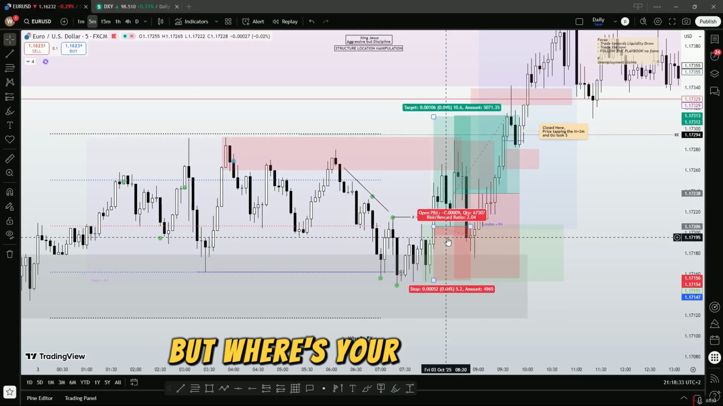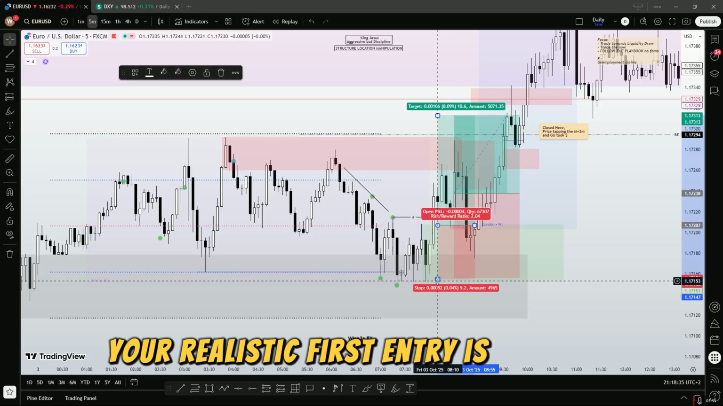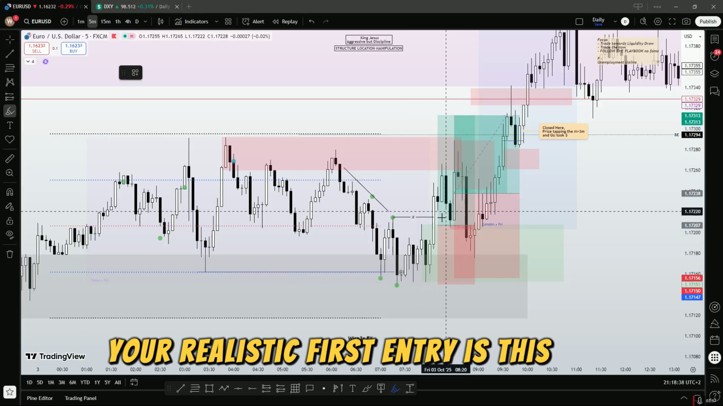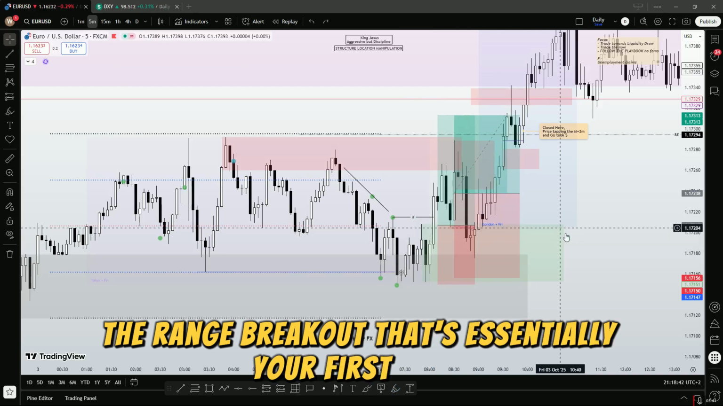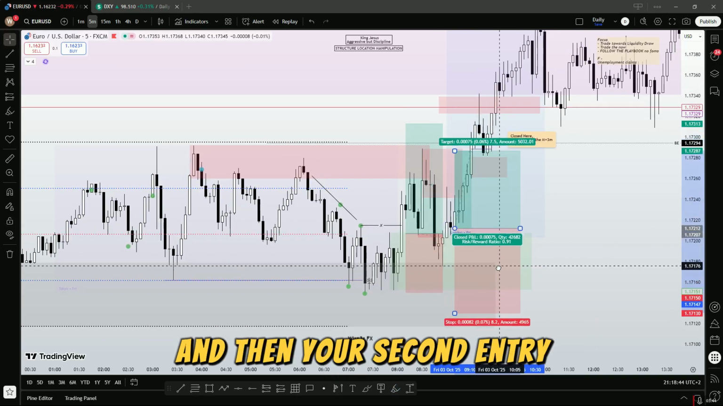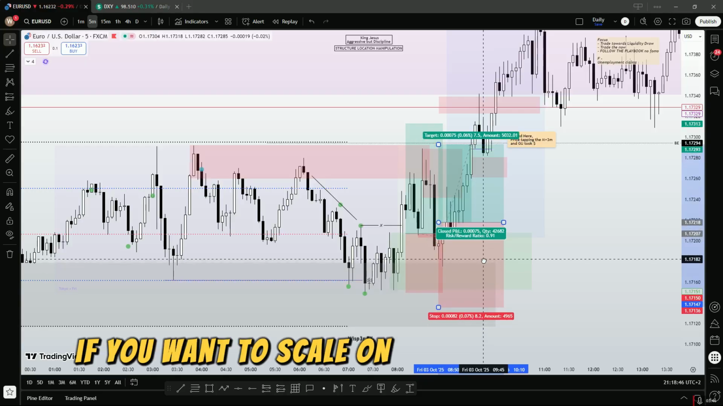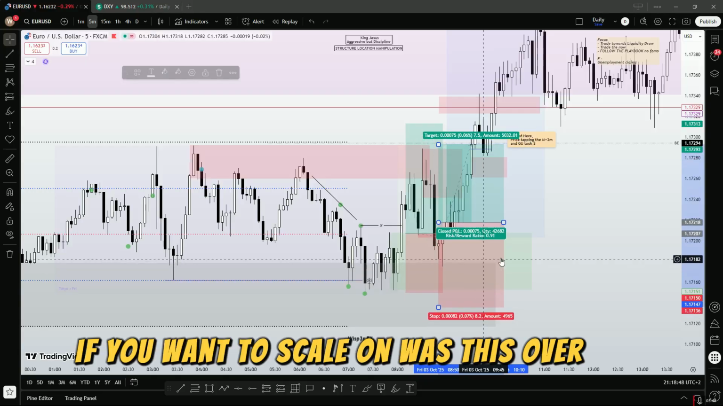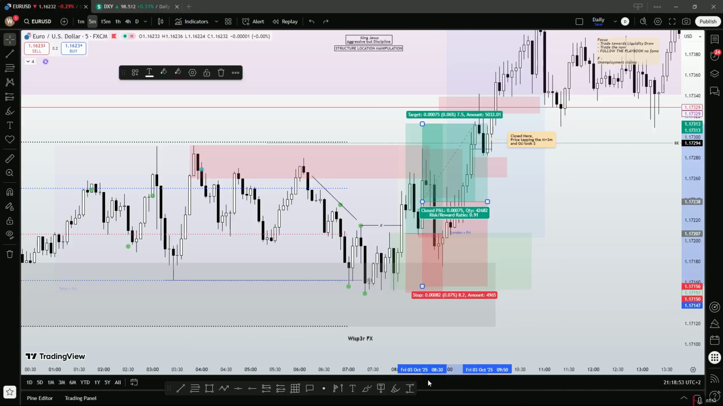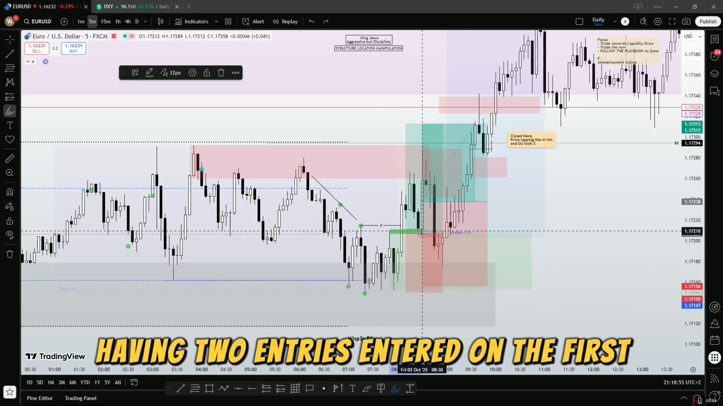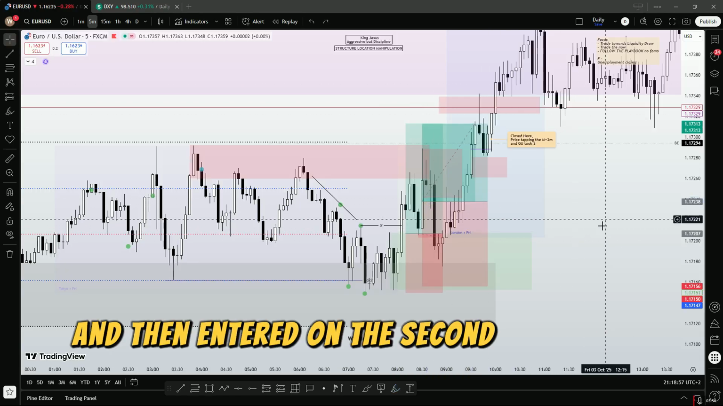But where's your first entry? Realistic first entry is this high, the range breakout. That's essentially your first entry, and then your second entry, if you want to scale on, was this over here, which in fact is what I did. I have two entries, entered on the first and then entered on the second, wanting to see